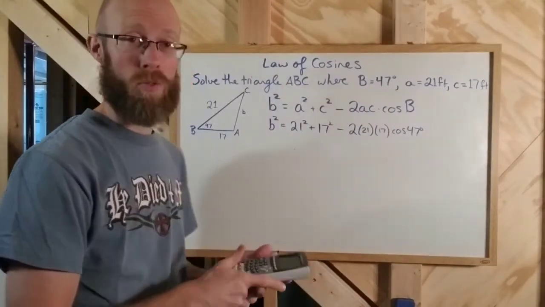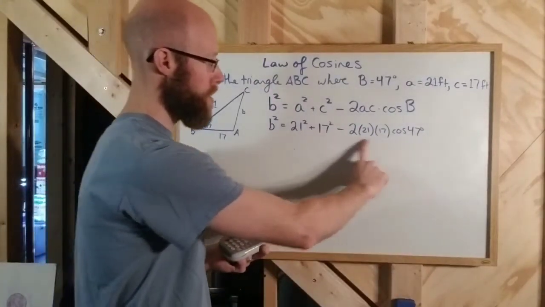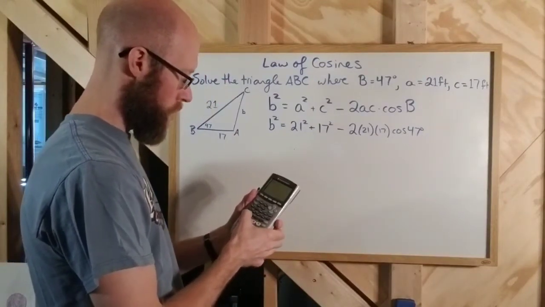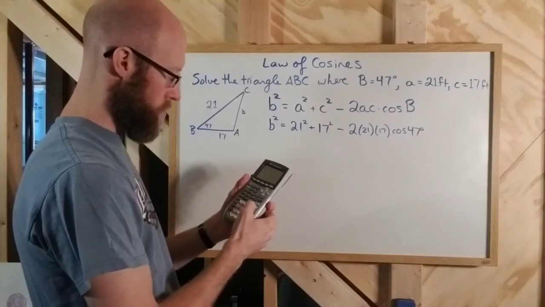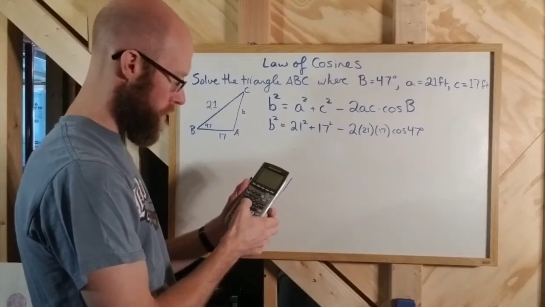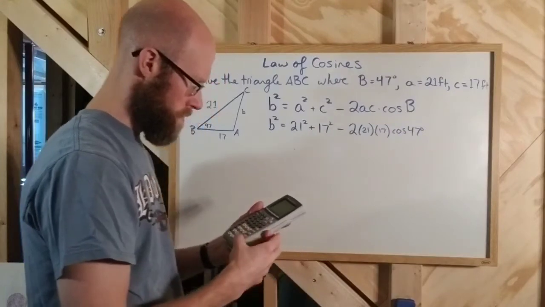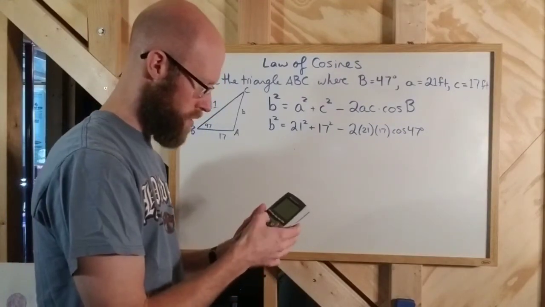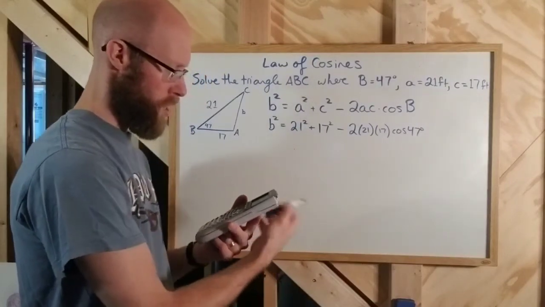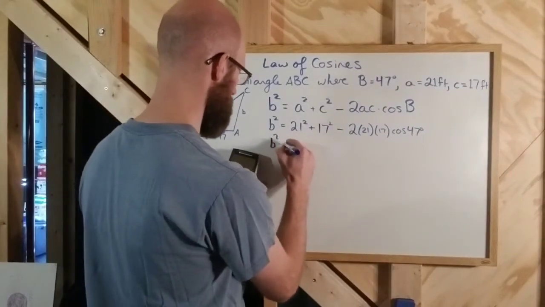But I think the best thing to do is to round as far down the line as possible. So I'm going to go ahead and type all this stuff in one shot. 21 squared plus 17 squared minus 2 times 21 times 17 times the cosine of 47. I better make sure I'm in degree mode, which I am. And I hit enter. And I get 243. So B squared is approximately